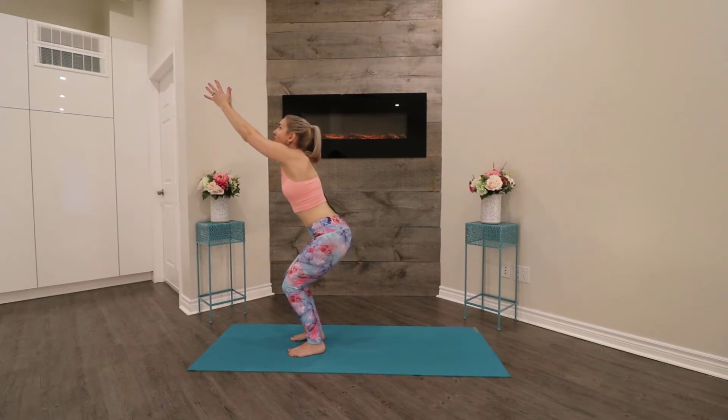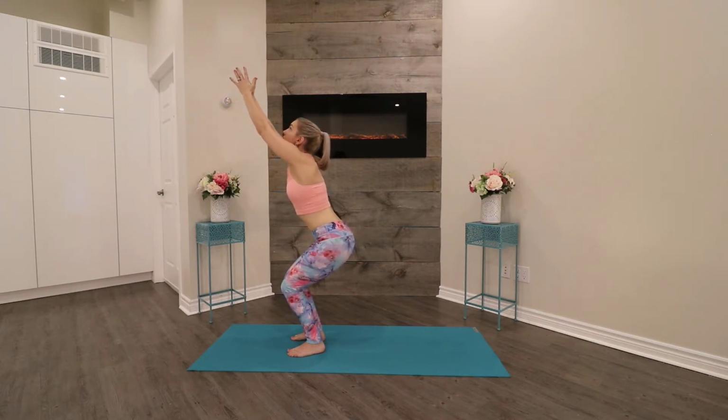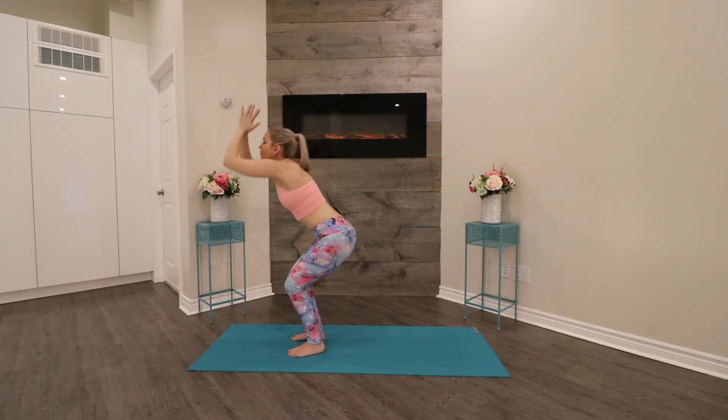So it requires a lot of strength in the legs to sit nice and low. Draw the belly in, keep breathing. Extend up through the arms. Imagine the arms are creating strength to pull the shoulders away from the hips. Good. On an exhale, we'll fold to